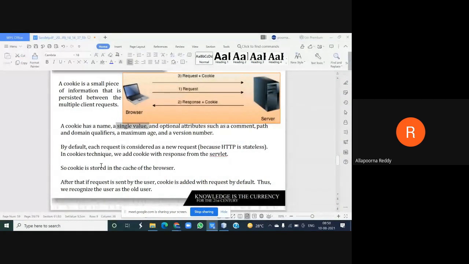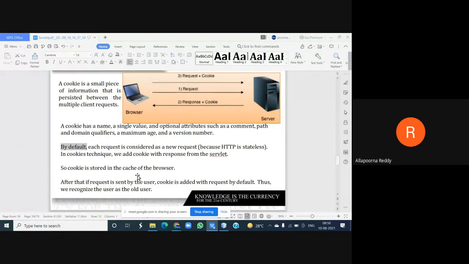Next, by default, each request is considered as a new request. As I just told you, the reason is that HTTP cannot maintain all the state information. I need to do that. So for that purpose, each request I need to consider as a new request, and each time we need to add the cookie with the response object, because the response comes back from the server.